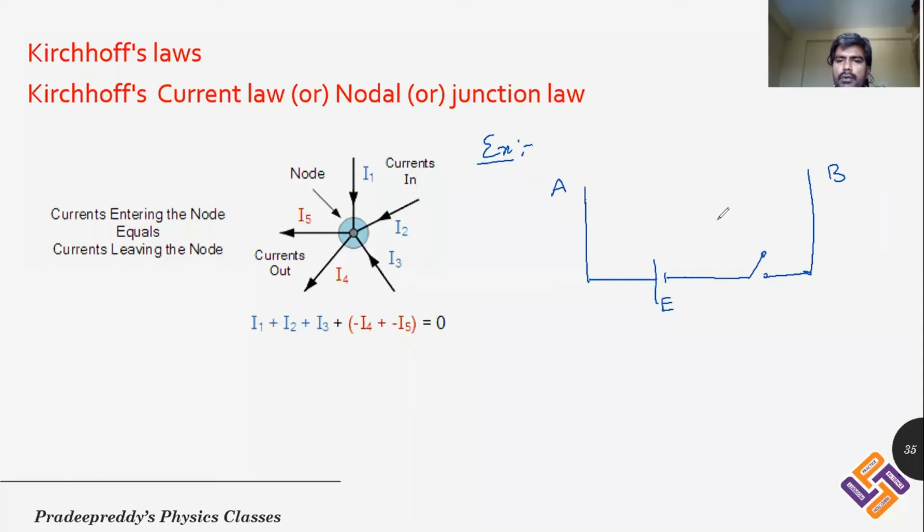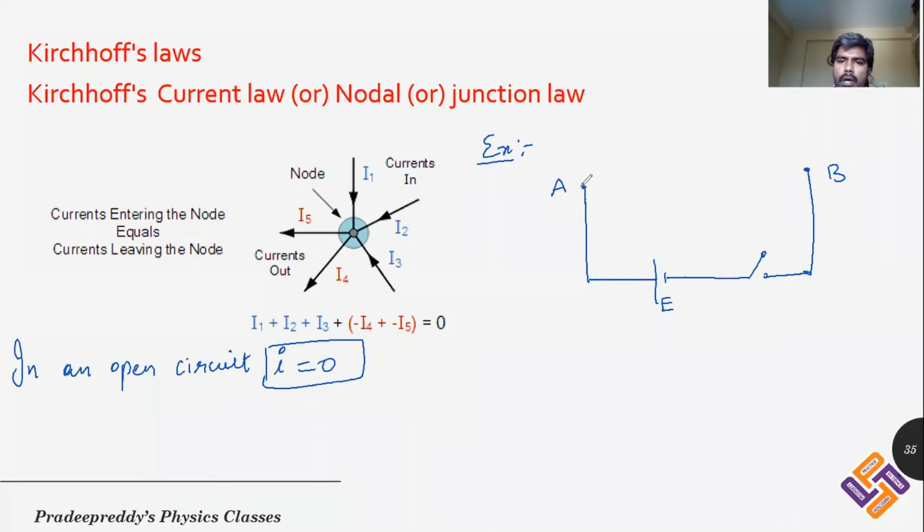In the open circuit, current will be zero because the positive terminal of the battery and the negative terminal of the battery are not connected with each other. Therefore, it is open circuit. In an open circuit, current is equal to 0. There is no current flowing through the circuit.